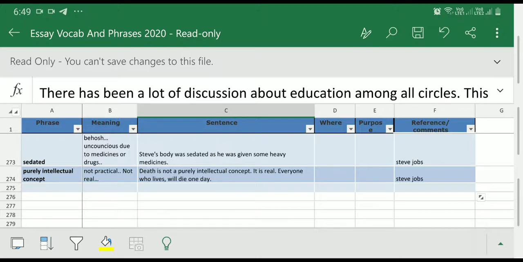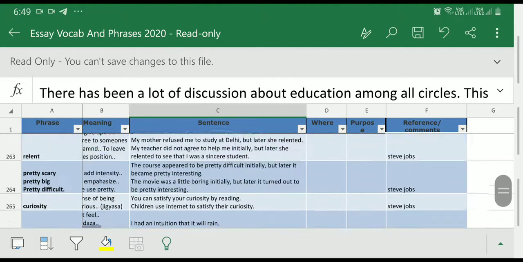As you can see, I was just scrolling down and we have around 274 phrases here. So I'm not saying that you have to learn all those 274 words and phrases, but even if you go with, let's say, 30, 40 of them, you can make a huge difference to your writing. And writing, as you know, is one section which requires a lot of practice. Let us just see a way and try to understand how this Excel is arranged.